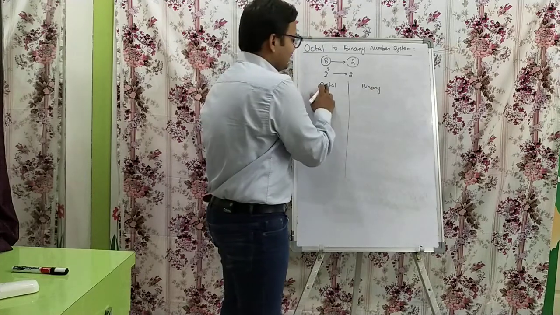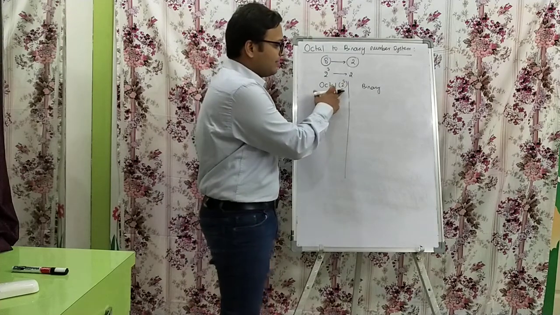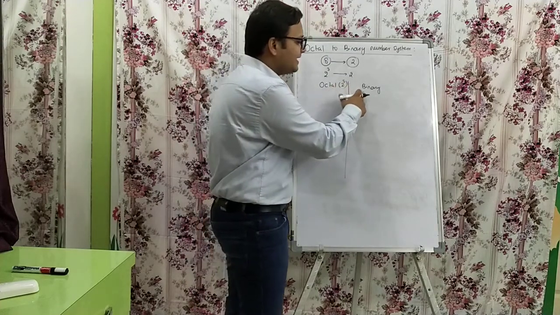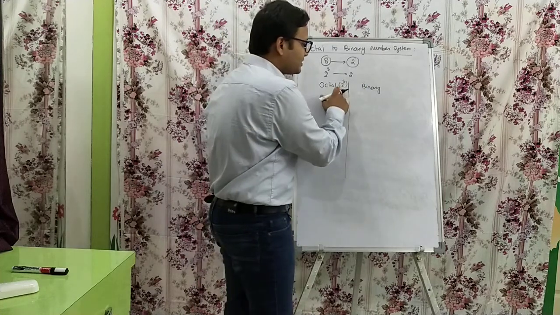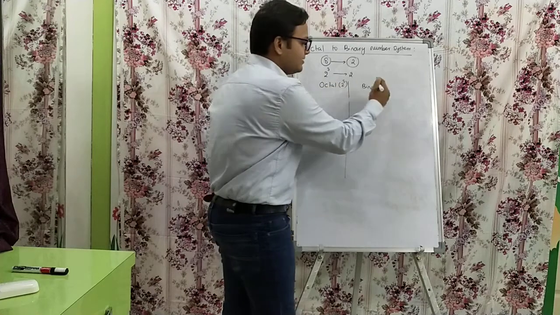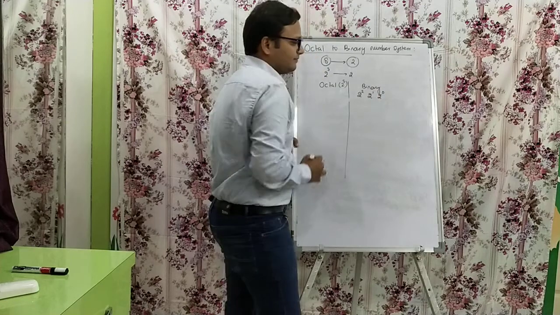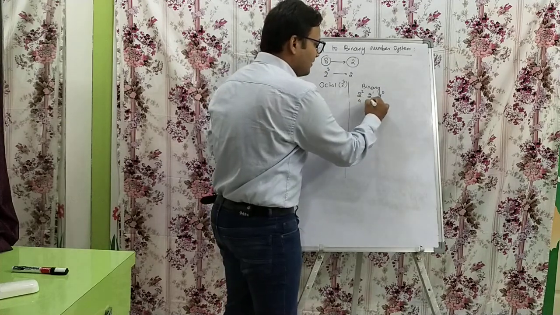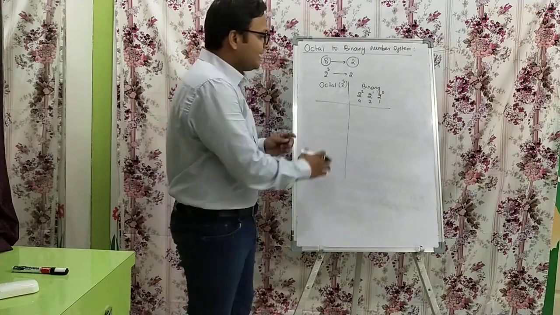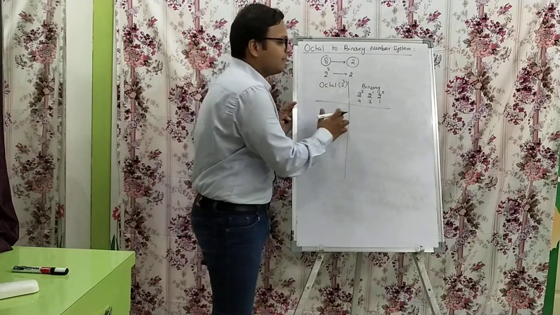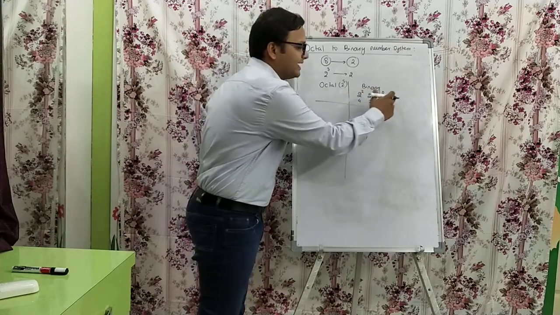Okay, the base is 2 to the 3, so the maximum number is 2 to the 3. So what will be the base of the binary over here? The binary weights must be less than 2 to the 3, which will be 2 to the 0, 2 to the 1, 2 to the 2. So 4, 2 and 1 will be the weights of the number. So each octal digit converted to binary requires 3 digits of this weight.